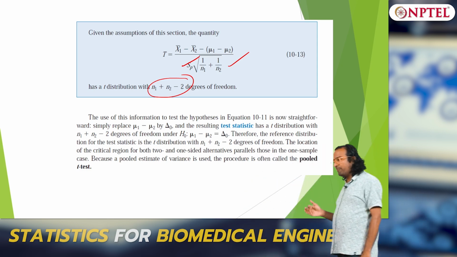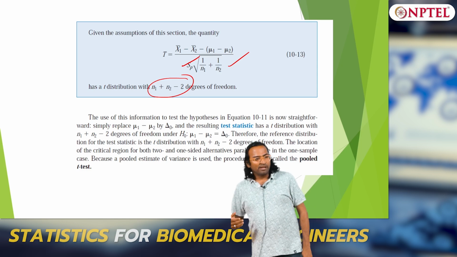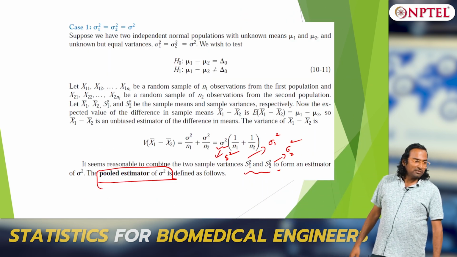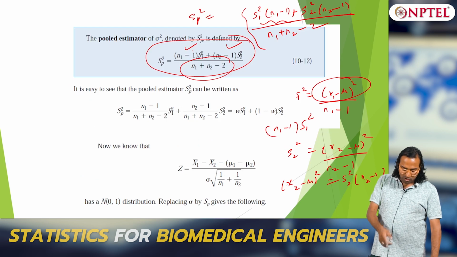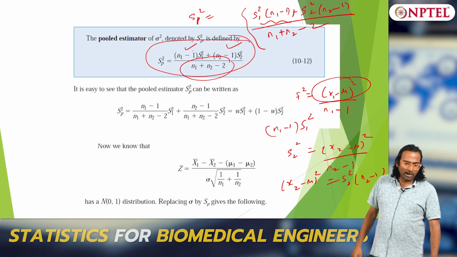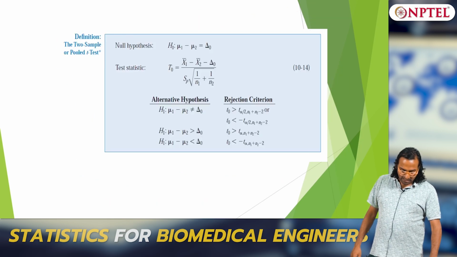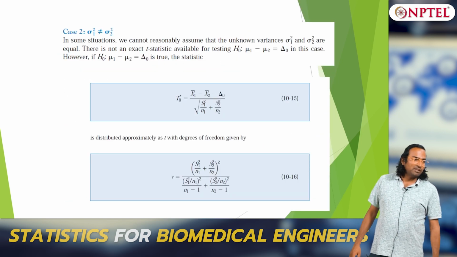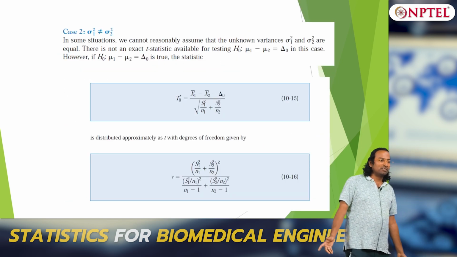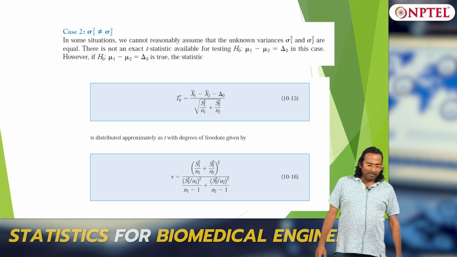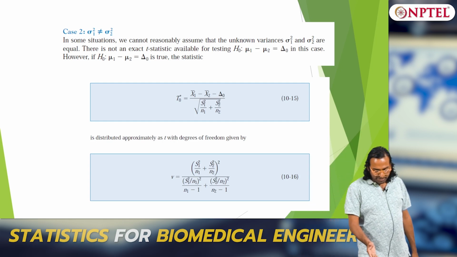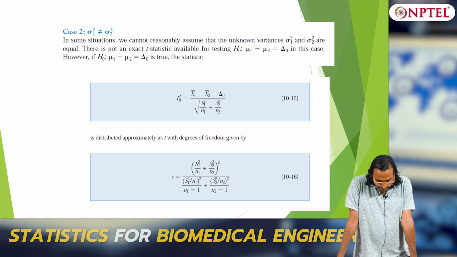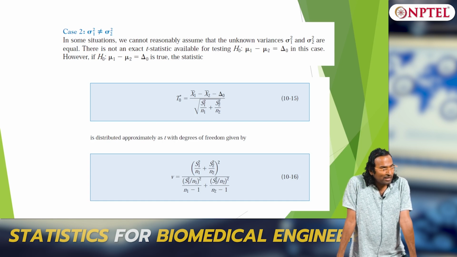So the underlying population is normal, and in the first case you are assuming both the variances are the same, then you have what is called a pooled estimator and you had a test. The other one is naturally what? When sigma 1 squared is not equal to sigma 2 squared. In this case you do not have any clue, so you simply replace it with S1 squared divided by N1 plus S2 squared divided by N2.